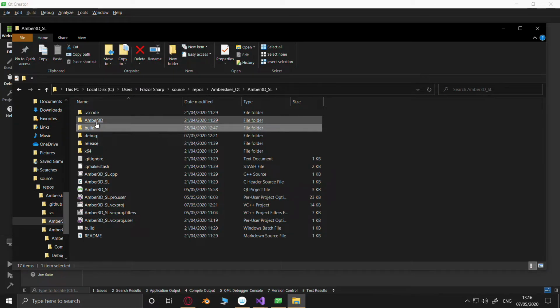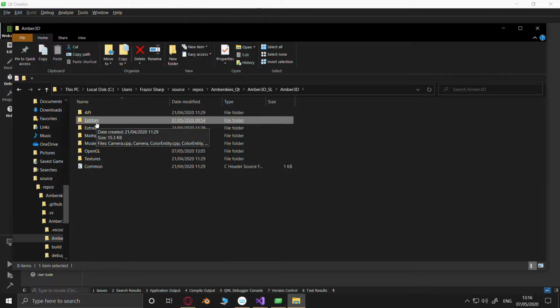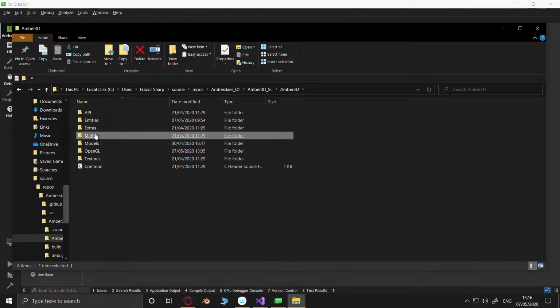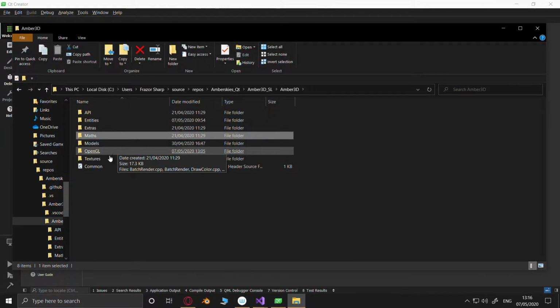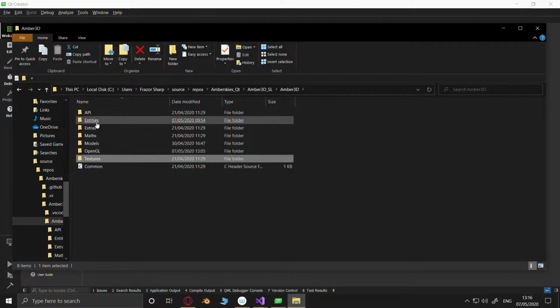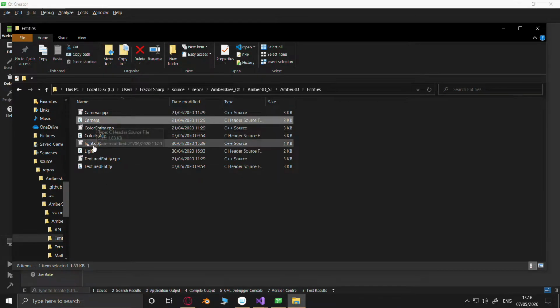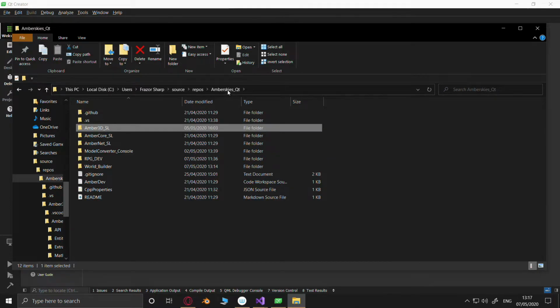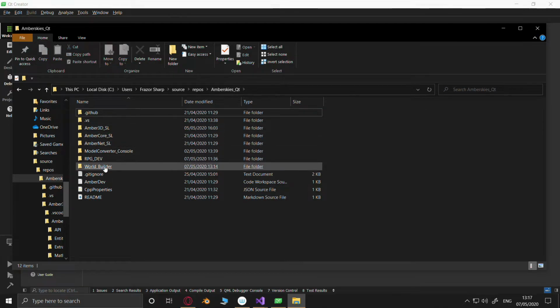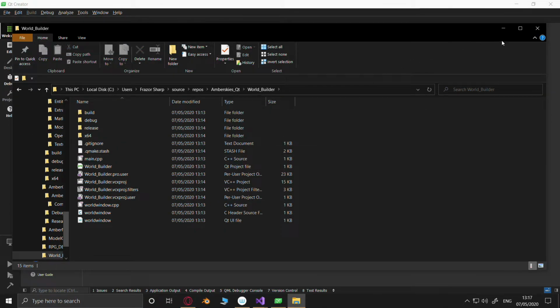So where did I put my dice? Not in there. And there's nowhere else I can put it in here. So we haven't got dice, although I know I've done it. I've covered it. Oh well, I'll pull that in from somewhere when we need it. Not to worry. We're in World Builder, aren't we? Yeah.